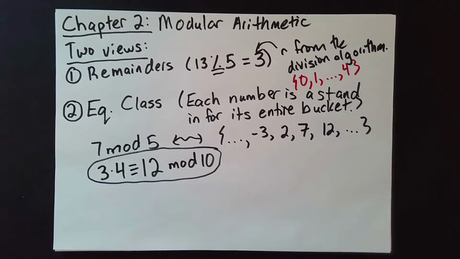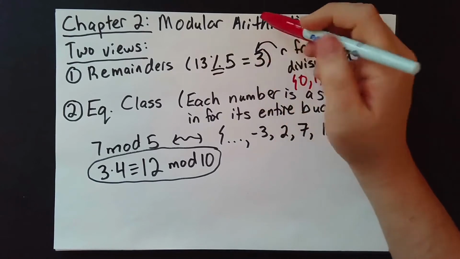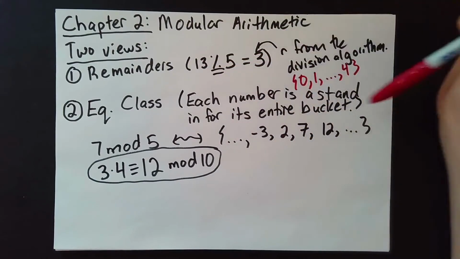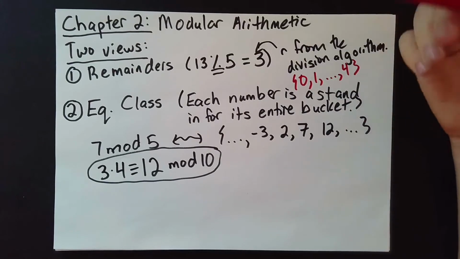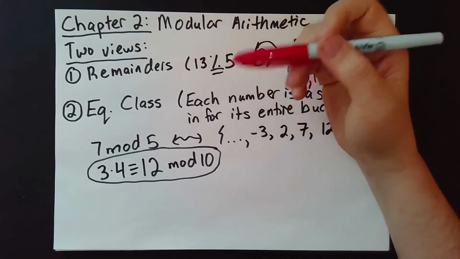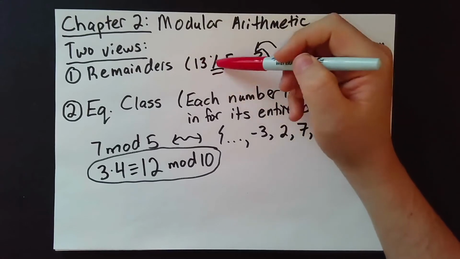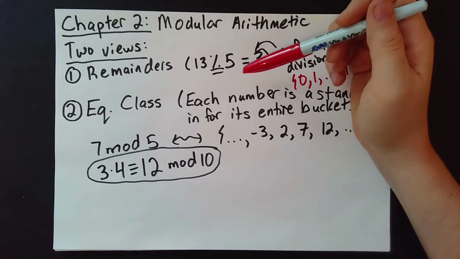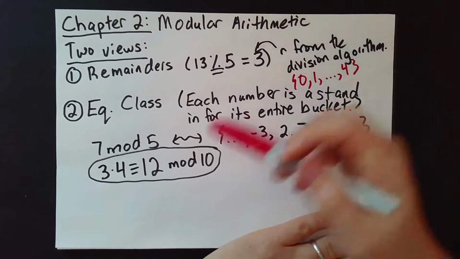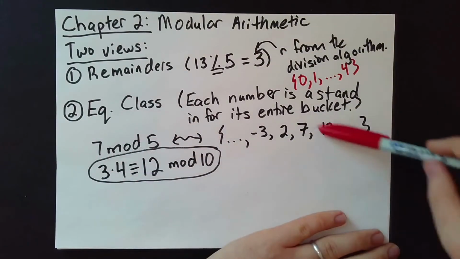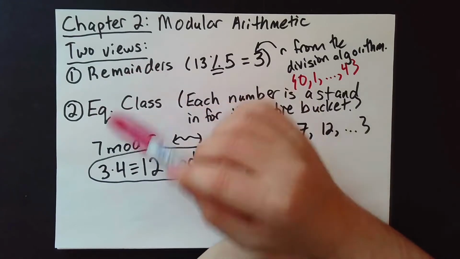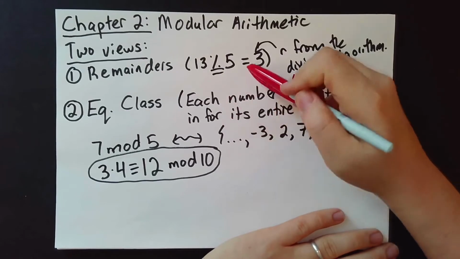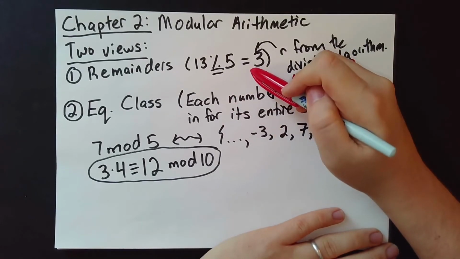Computers are almost always going to think about it in this regard, because a computer is not going to be thinking about a set, because a computer is not really thinking about anything. However, a computer can run the division algorithm, and so a computer can always spit this out. And so when we talk about how things are working algorithmically, even if mentally we're thinking about it from this point of view, the computer is going to be doing this. And so we're going to need to freely switch back and forth between these whenever we're going to talk about doing actual